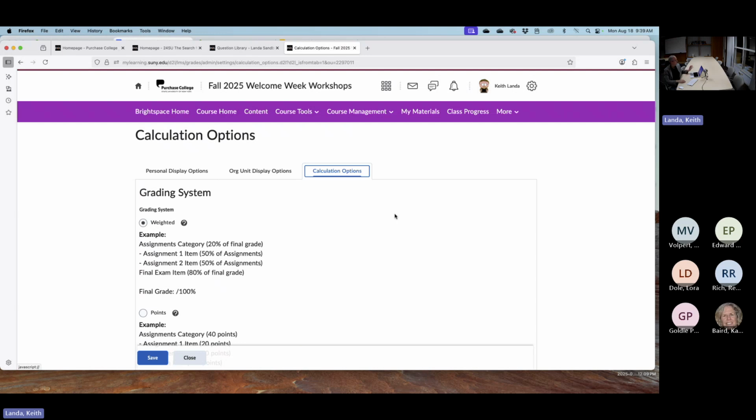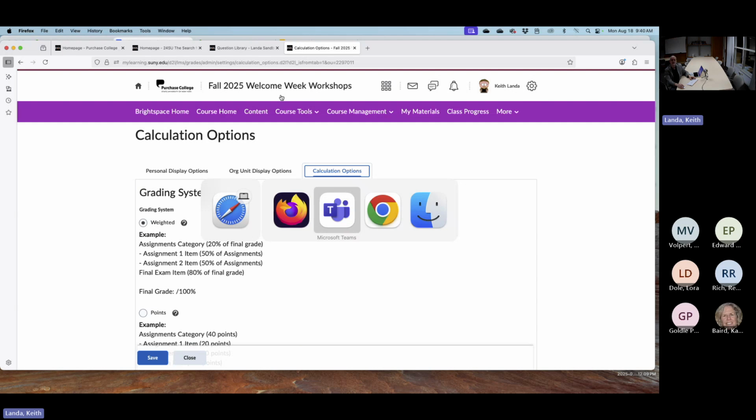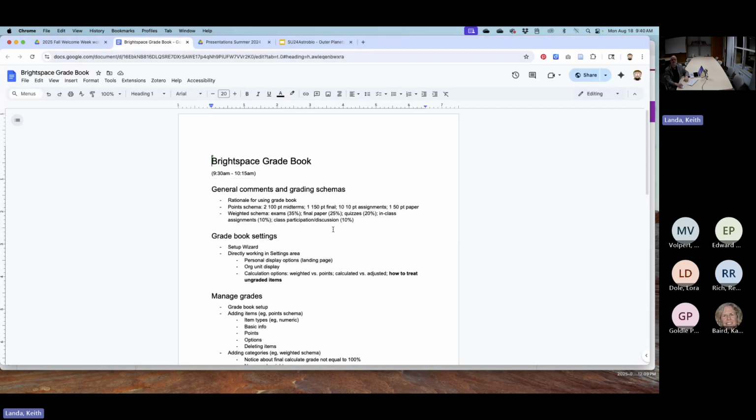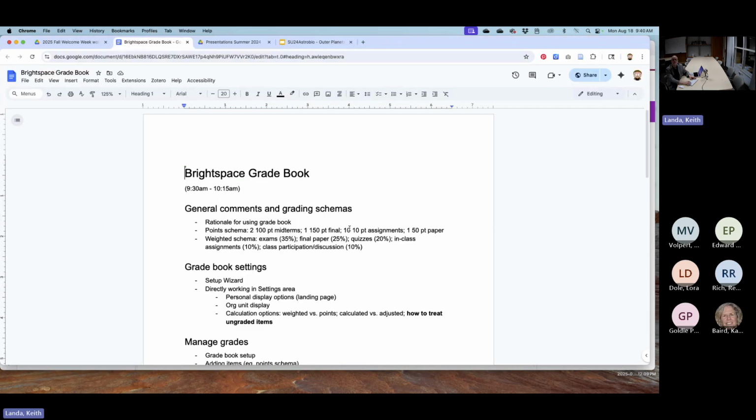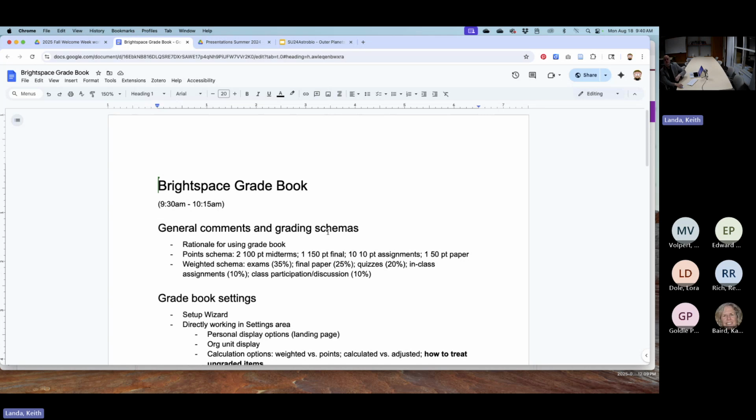And in my notes for the session, which I will share around to you later, I'm going to go through a couple of basic approaches that I've seen when I've worked with faculty on gradebook. Some faculty say, well, I know I've got X number of items and I want to assign a point value to each of them, and they're going to add up to a certain total, and that's how I'm going to structure my gradebook. Very straightforward,